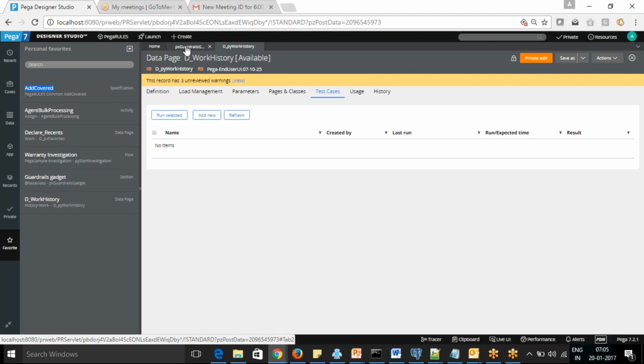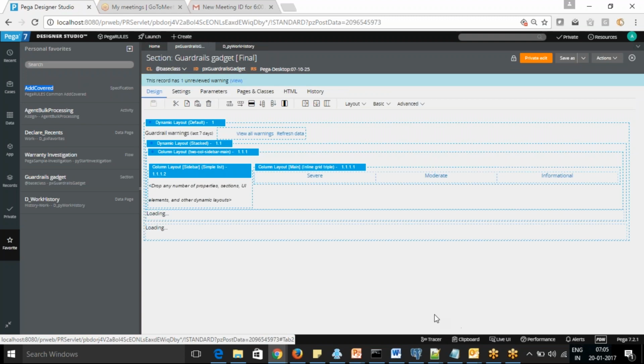Yeah, so this concept is very understandable, because anytime you face any issue when you are displaying something in the UI, you need to look into the clipboard. If it is there in the clipboard, then you should be able to work on that. If it is not there in the clipboard, then you need to check your logic. Maybe the values are not coming or are not proper. Yeah, so that's the clipboard.